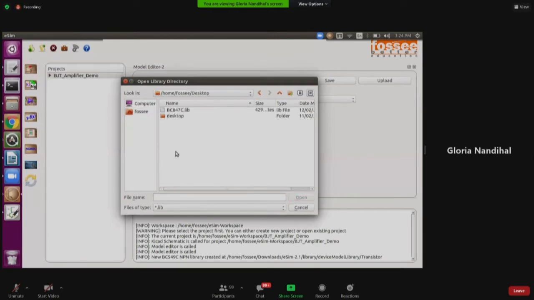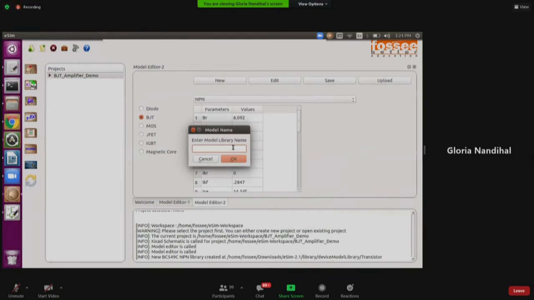Were you able to follow the steps, ma'am? Yes, ma'am. So click on that and click on the open button, right? It will ask what model library name you want to give. So it is BC847C. Click on the OK button. Now, where is it being saved? That's the second question.